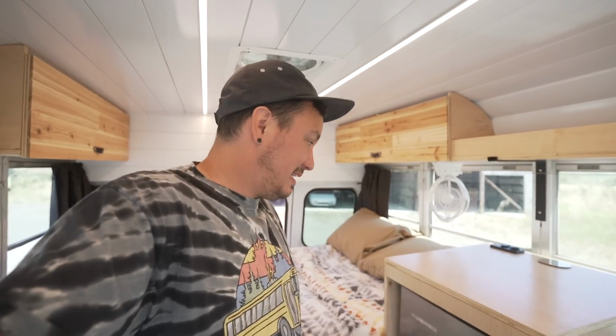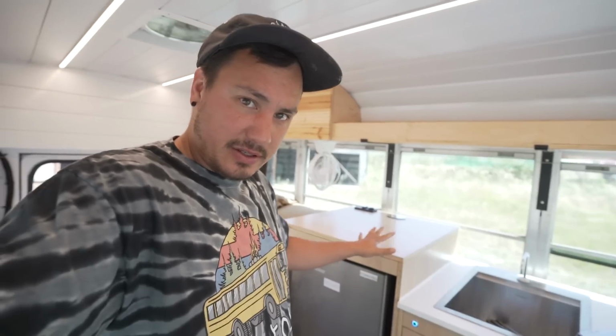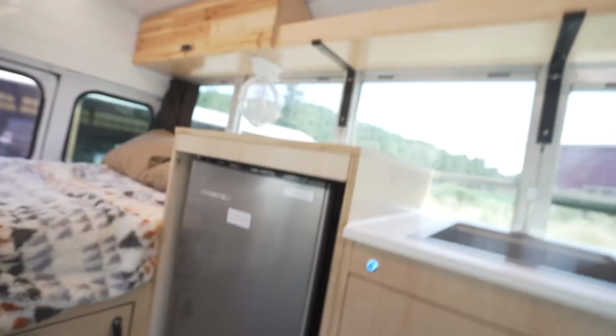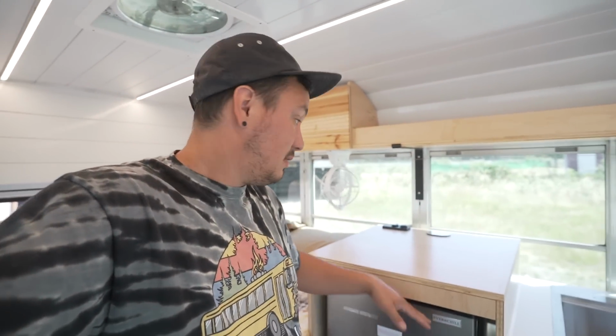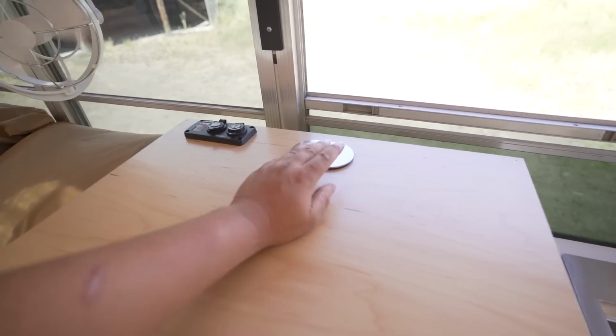We're gonna handheld this in the next section. So you're gonna see this little pedestal thing here. The reason this is all raised up is the wheel well is down there. So we had to build this up on the wheel well. And this is a 12-volt fridge from RecPro. Now up here you're gonna see we have a 110 outlet. Then we've got 12-volt